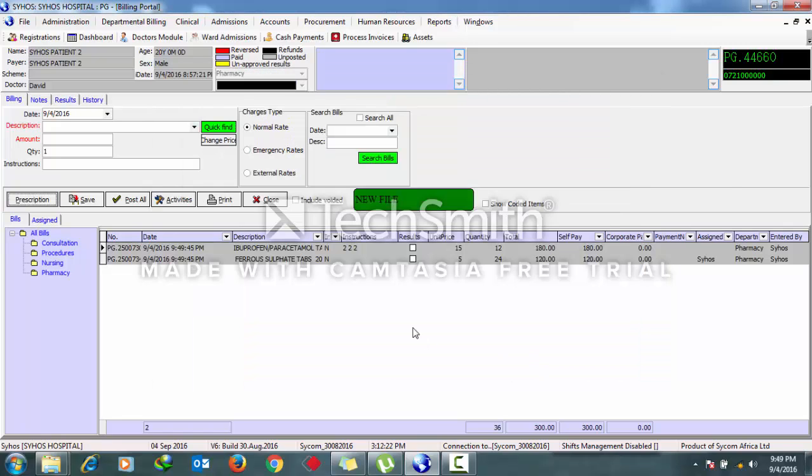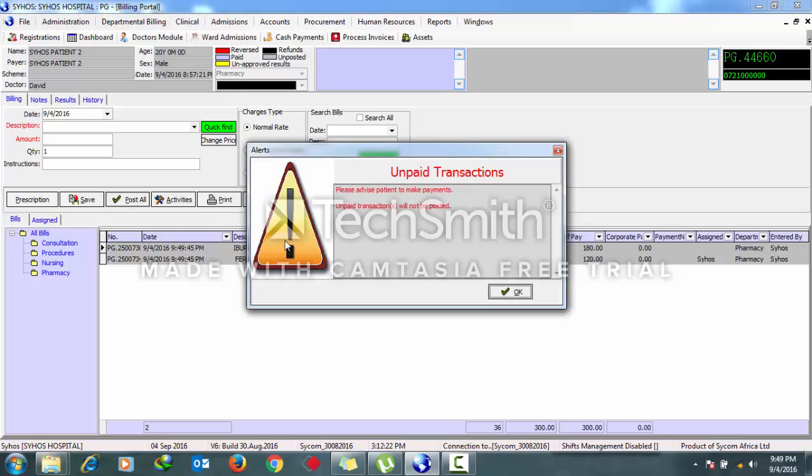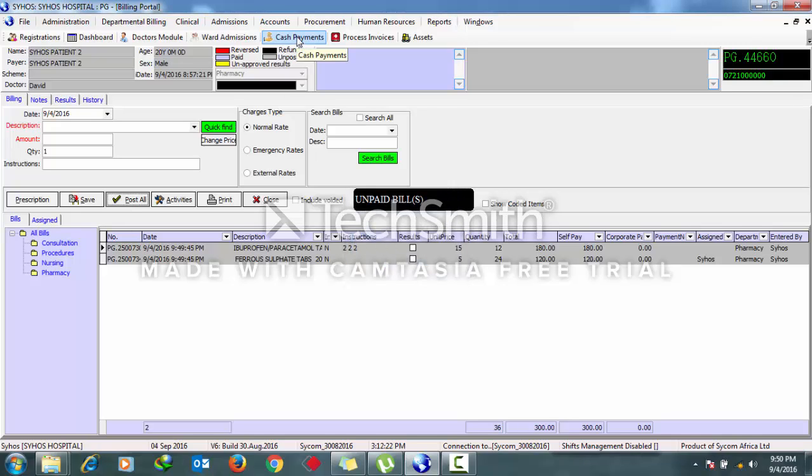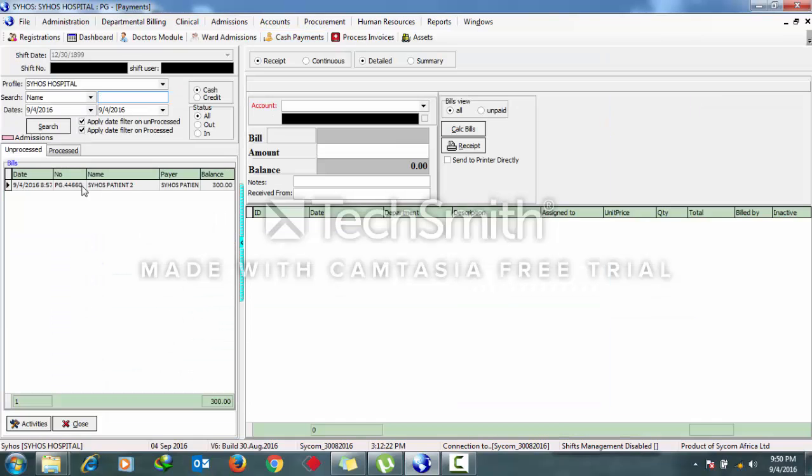Now this one goes to the cashier as a bill. You can see the system is telling you unpaid transaction. Please advise the patient to make payments. So just say okay. The system again will show you unpaid bills. So you need to send the patient to the cashier, where the patient will go to the cashier's module here,